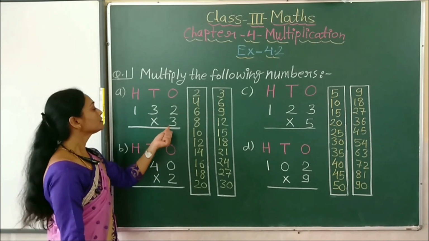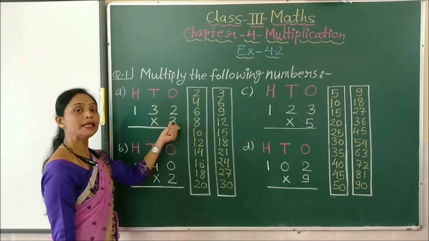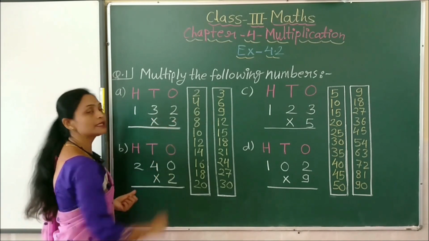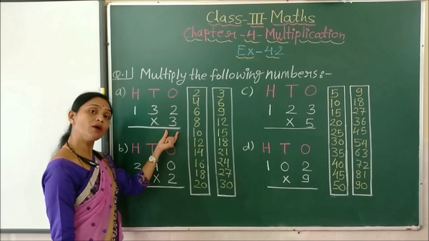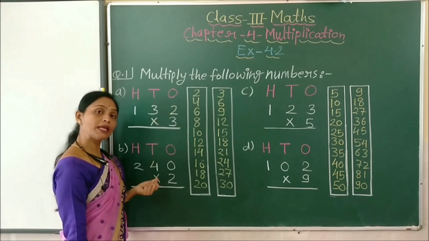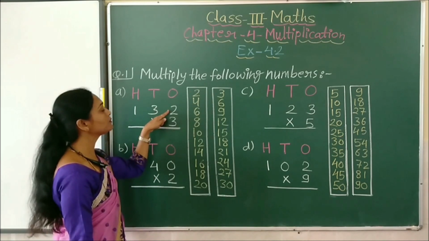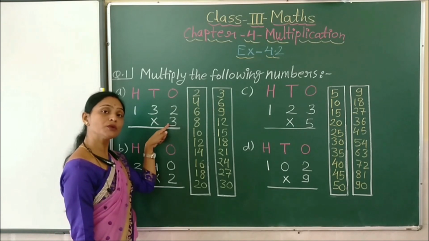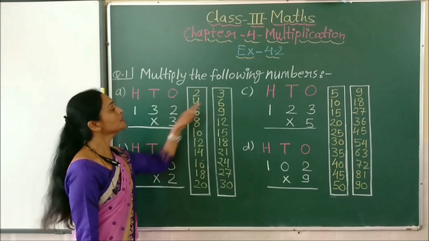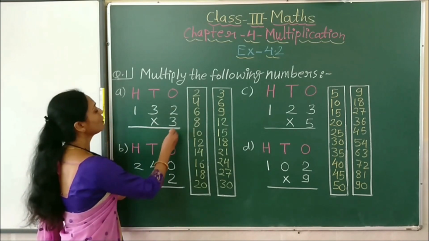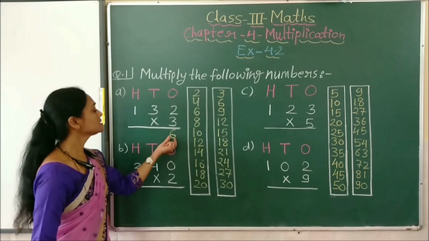First we have this 3. First we have to multiply this 3 with this 132. So we have to remember the table of 3. We will start the multiplication from ones place. So we multiply 3 with 2 first. So 3's table how many times do we have to read? We have to read it 2 times. So 3 ones are 3 and 3 twos are 6. So how much did we get? We got here 6.